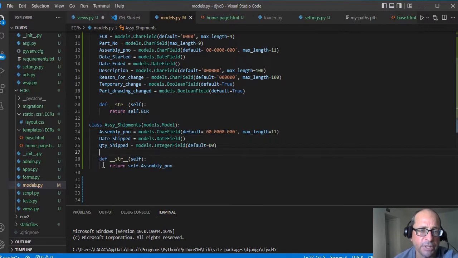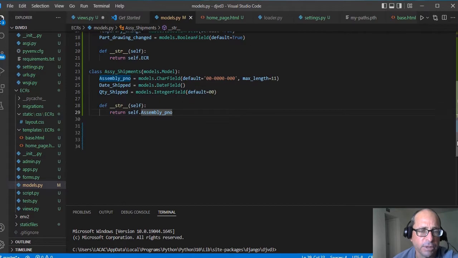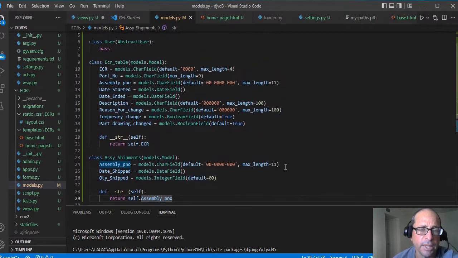And then I have the same piece of code, which basically assigns a string variable to this table. This is for the administrator to easily recognize this table. It basically gives it an identifier. Okay, so I have my tables, and now what I need to do is, every time I make a